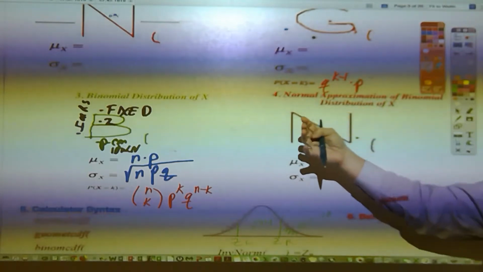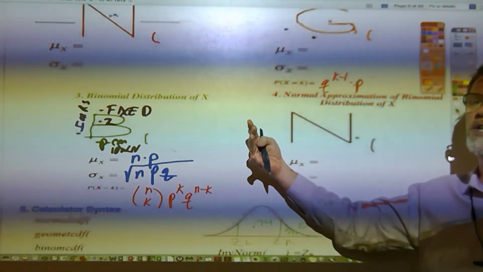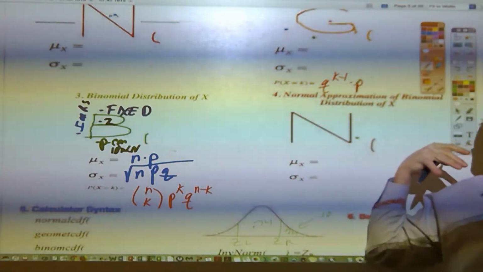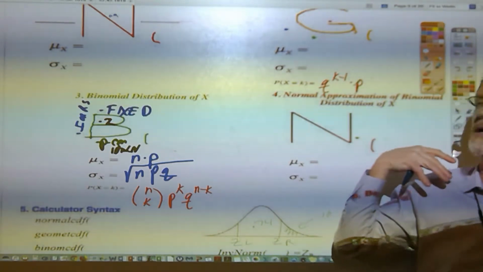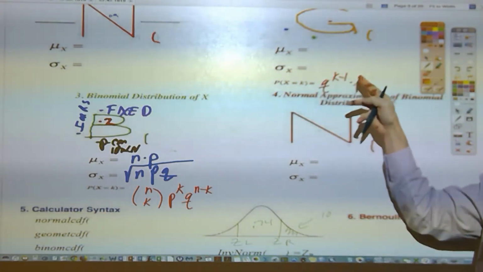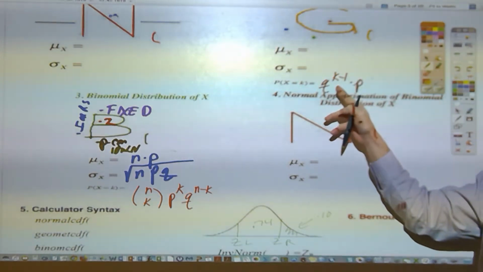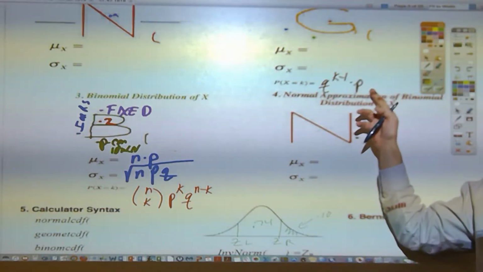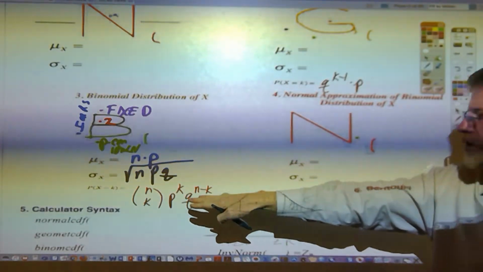It's going to be a little challenging, but based on the work that we've done on filling in these big 2-layer rectangles of probability distributions, you'll probably think, oh yeah, okay, I see where they get this Q to the K minus 1 times P, because it's K minus 1 failures before the first success. And down here,